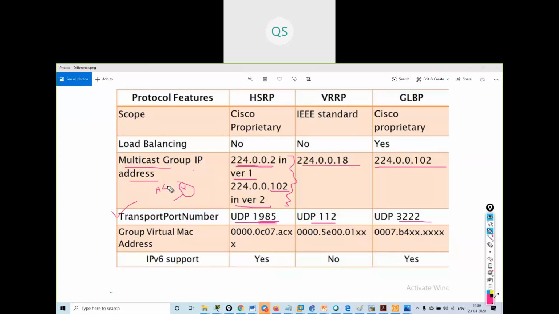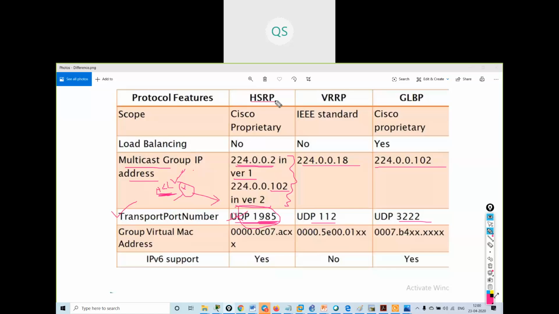I have to go on this port number and allow this traffic in the access list. If I don't allow it, then by default it will block all the traffic coming on this port number, and you will not get the features of HSRP.